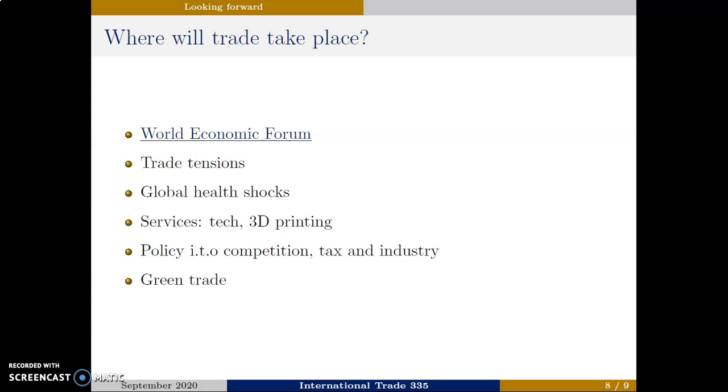Another aspect they focus on is how policy will impact trade. They focus on competition, tax, and industrial policy, different to Robertson's focus on tax and import control. Finally, and the COVID pandemic has again exposed this, is green trade. This not only means trade in green technologies and green products, but also how green products are moved from one point to another in the global chain, from one point in the global economy to another. This means the whole supply chain should be considered when considering green trade.